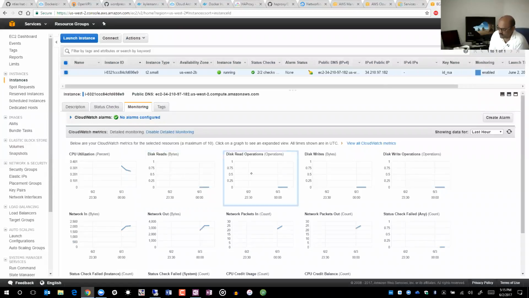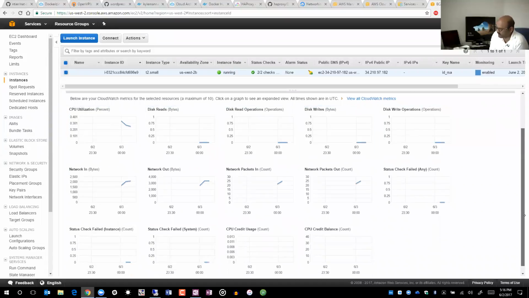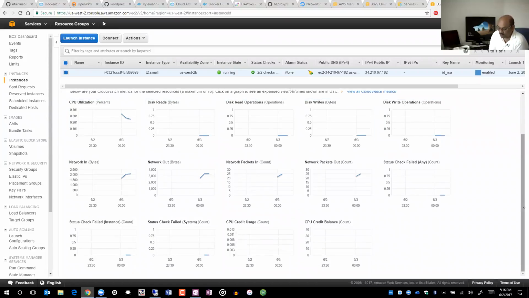Other metrics, discrete operations, write operations, network, the metrics are being collected and you can see the metric graphs are being constructed, and that's what you're looking at. However, if you now look at our auto scaling launch configuration, here you will find something that is of interest to us,